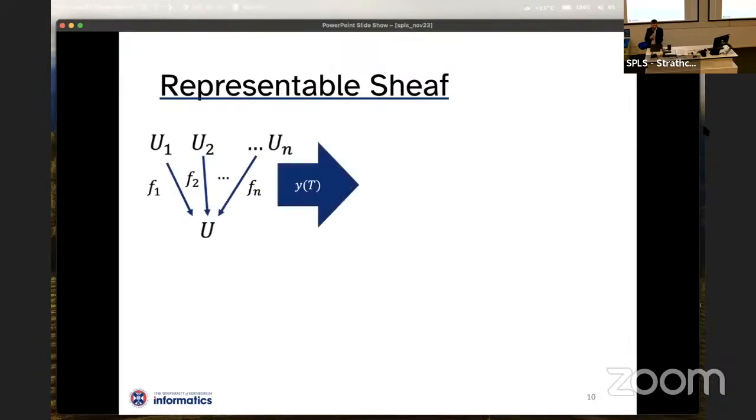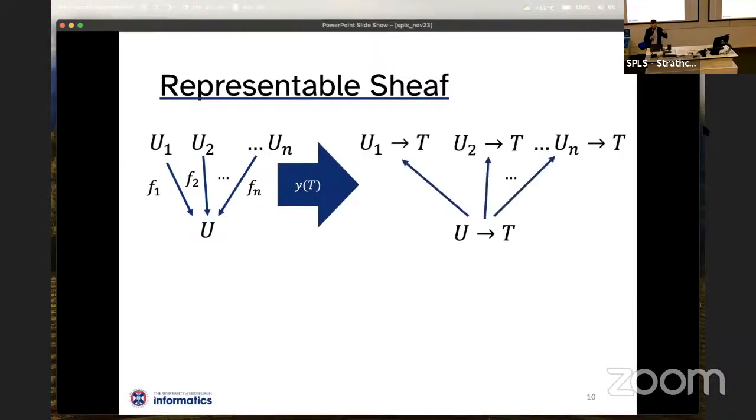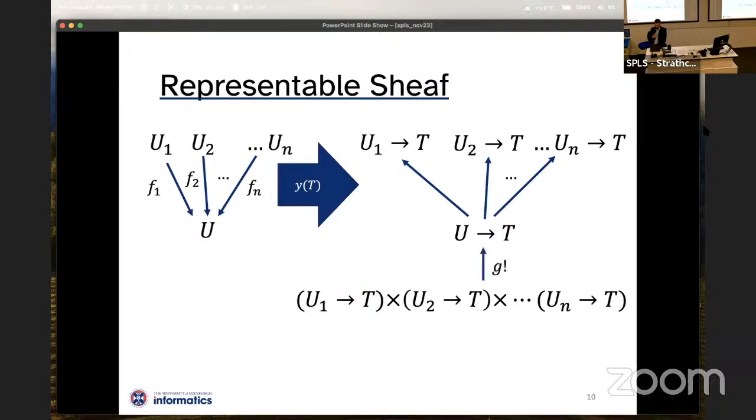So in that case, if our presheaf is the Yoneda embedding, what we get is terms of T with U variables, and the same for all the Uis. It says, if you give me a T term that contains U1 variables and a T term with U2 variables, one of each of those, then I can glue those together into a term that contains the variables from U, such that